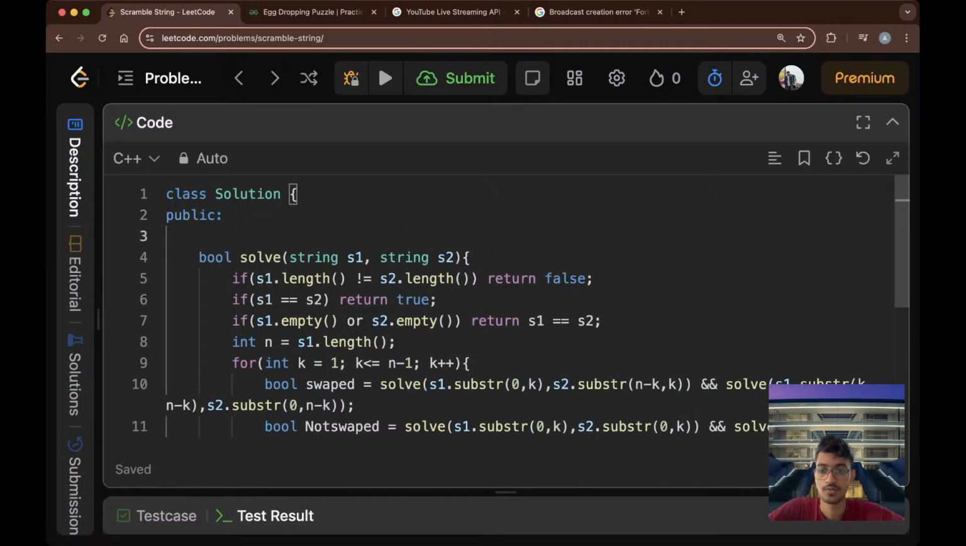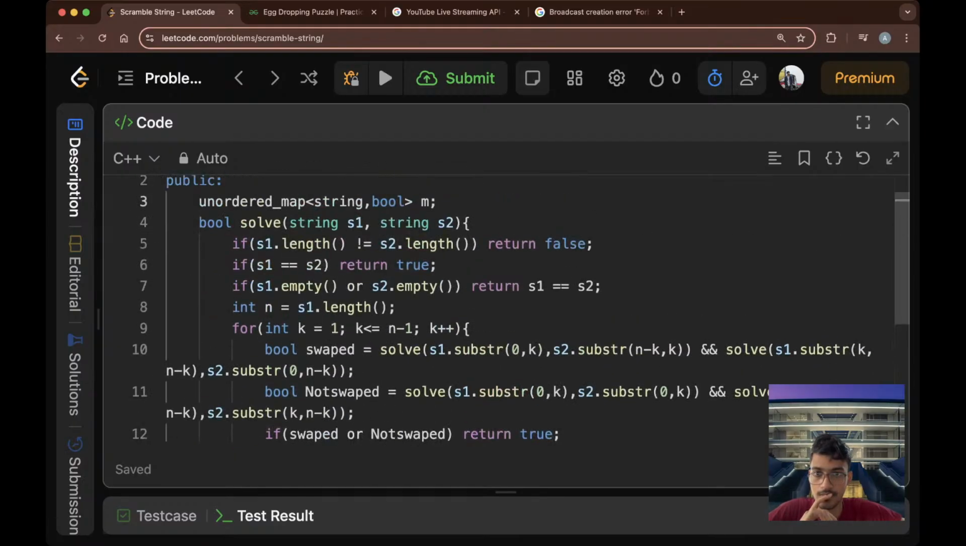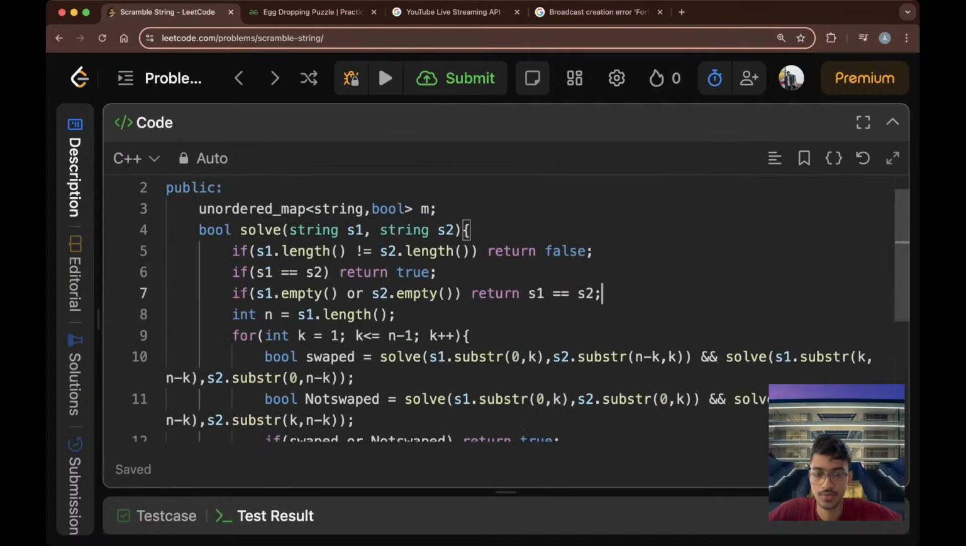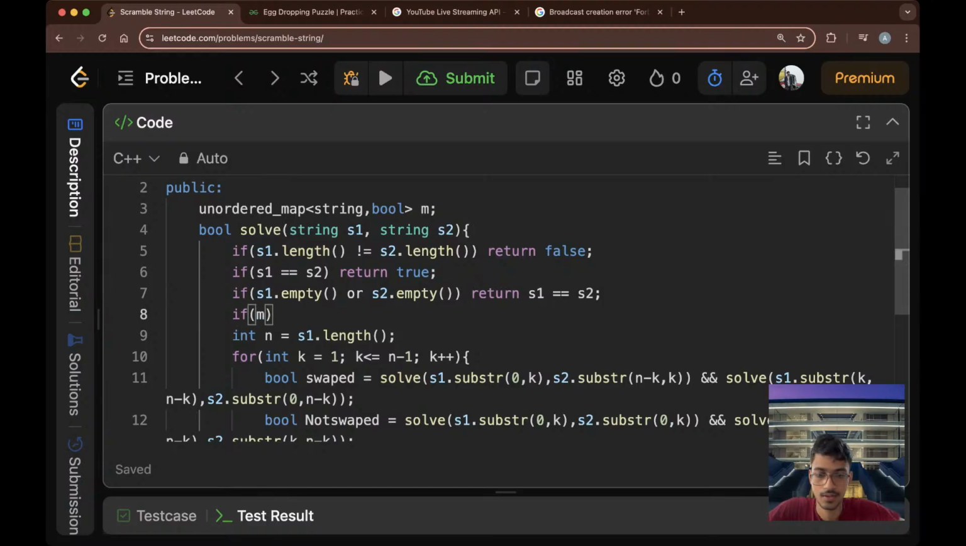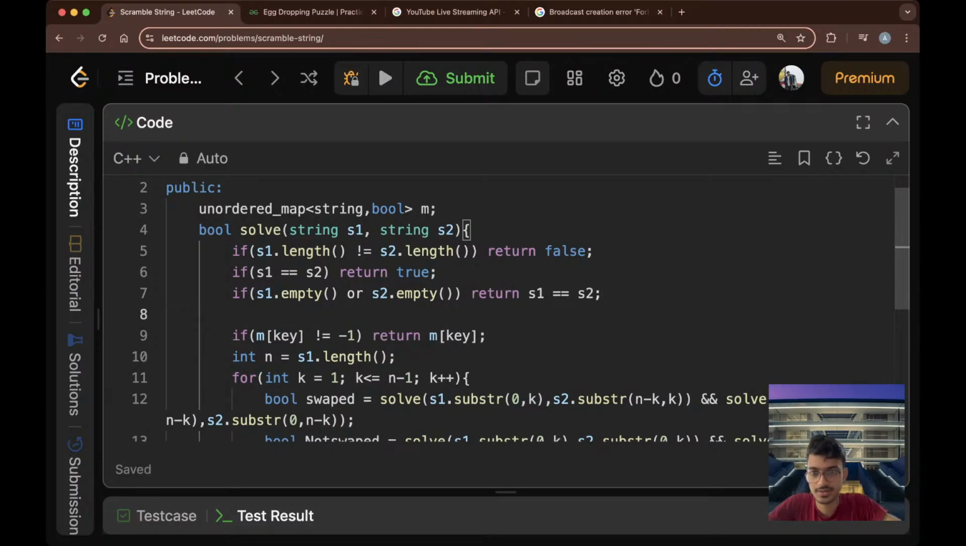Let's memoize it. We'll be using a map, another map, which will store the string obviously, and bool. Let's say M, and we have to check if M of key not equal to M dot end, because if it is not found, and if it is found, then return M of key. What is the key? Let's say the key is a string